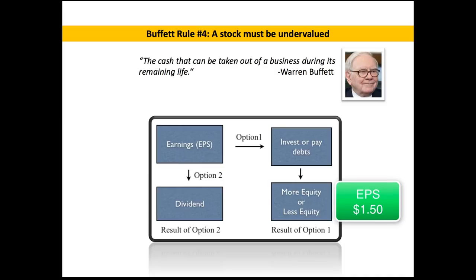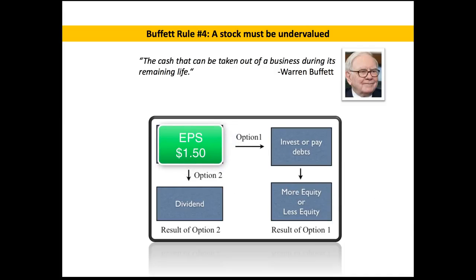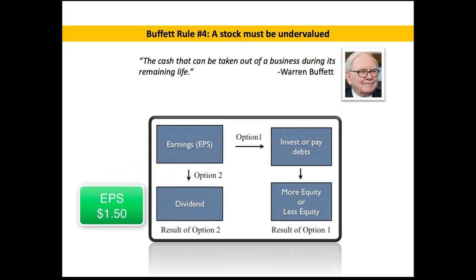Okay? Now, the second option that the board of directors and the CEO have in order to take that $1.50 of earnings is that they can just give you a dividend. They can just pay you, okay? So if a company decided to just pay all their earnings out in a dividend, that $1.50 would sit there in that bank account, and then the managers would decide to just pay it out to all the shareholders. So if you owned one share and you got $1.50 of earnings, it would come straight out into the dividends.